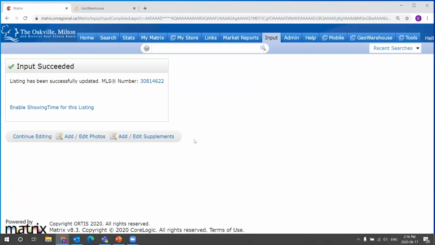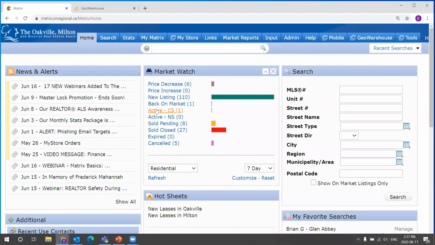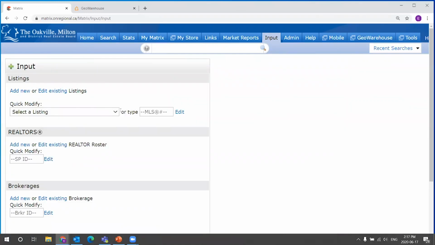Okay, and as a final piece to leave with you, if we know this is saved because we got our confirmation, I'm just going to jump out of this tab. The very last thing I want to show you is what the modify listing looks like. If I go back to the input, okay, you'll notice that the one we just worked on has our MLS number here. Well, we can see that now we can choose this one. It's an incoming listing,